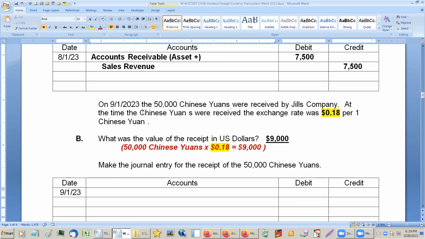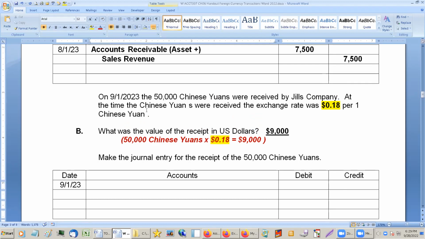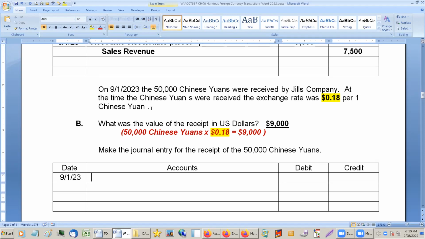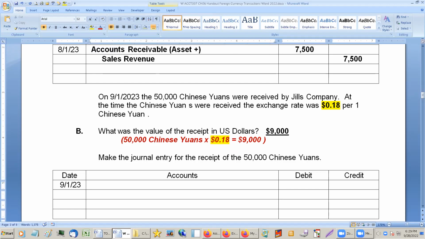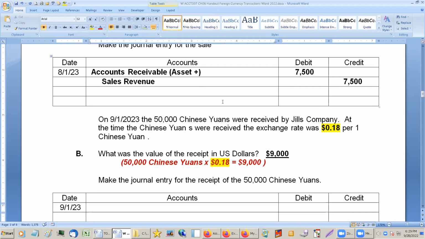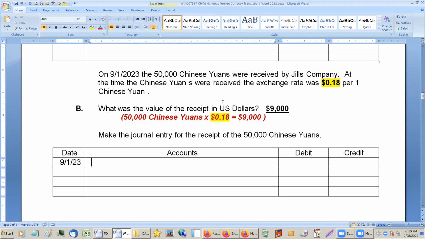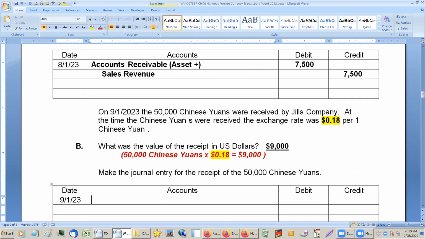Yeah, what's the journal entry going to be for the receipt of the 50,000 yuans? Would it be cash 75,000, translation gain 1,500, or not 75,000, 7,500, and then accounts receivable 9,000? Close. The accounts receivable is going to be whatever we put it on the books for, so I'd be saying 500, but the 9,000 will be,